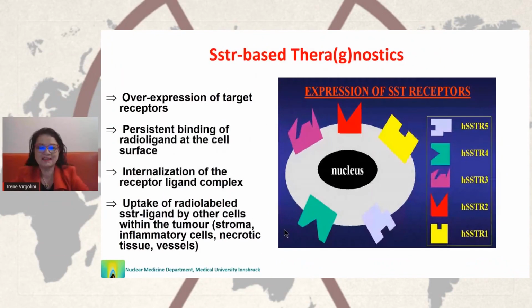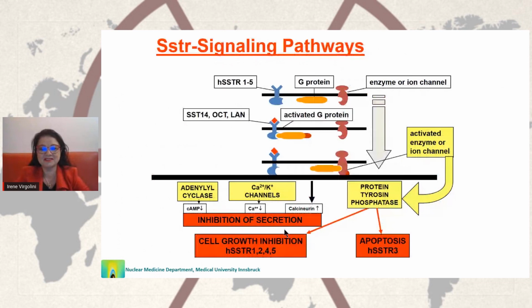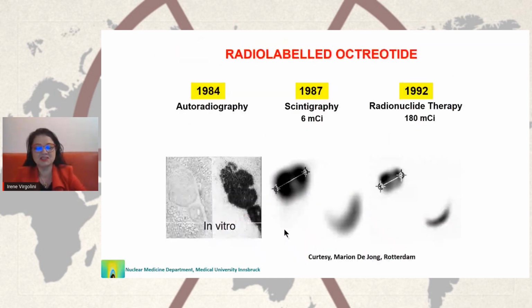The somatostatin receptor-based theranostics are based on the binding of a somatostatin receptor ligand to somatostatin receptors expressed on the tumor surface. And with neuroendocrine tumors, mainly we talk about the somatostatin receptor subtype 2. Now, after these actions, there comes inhibition of the cellular pathway, which is not so important for our imaging and therapy. As a short reminder of the history, we do have now